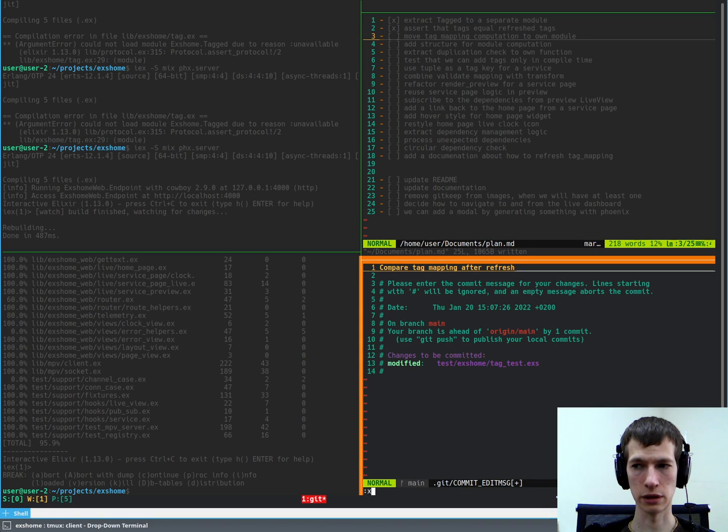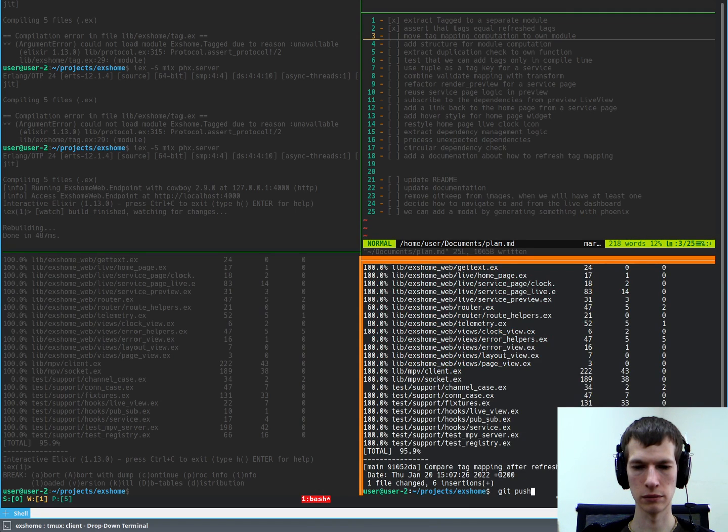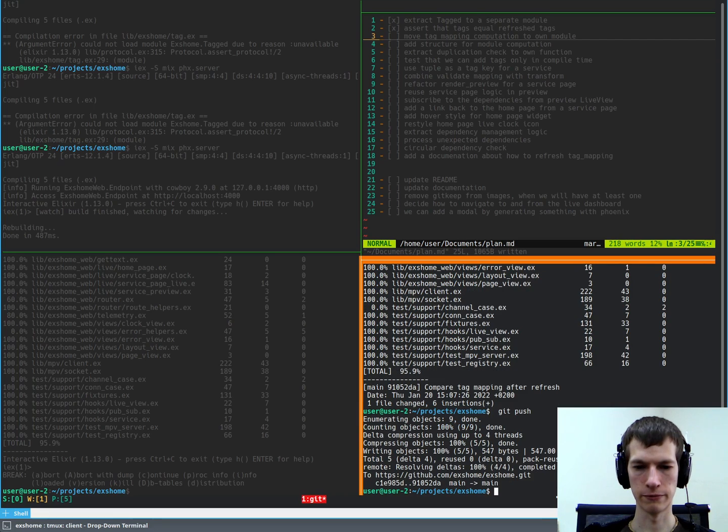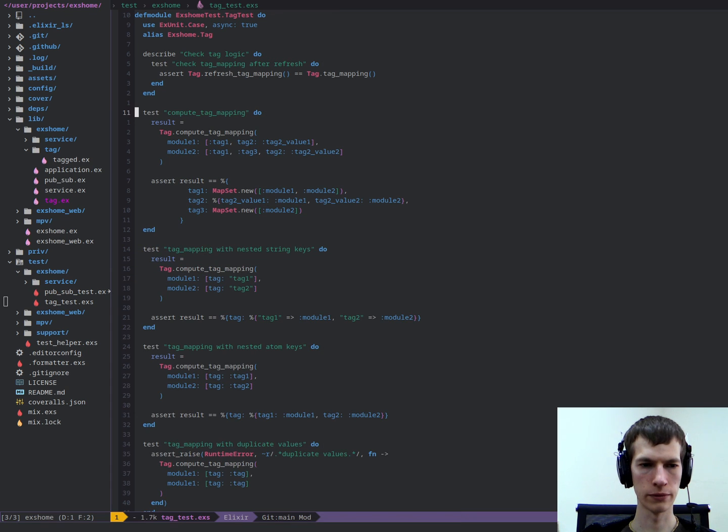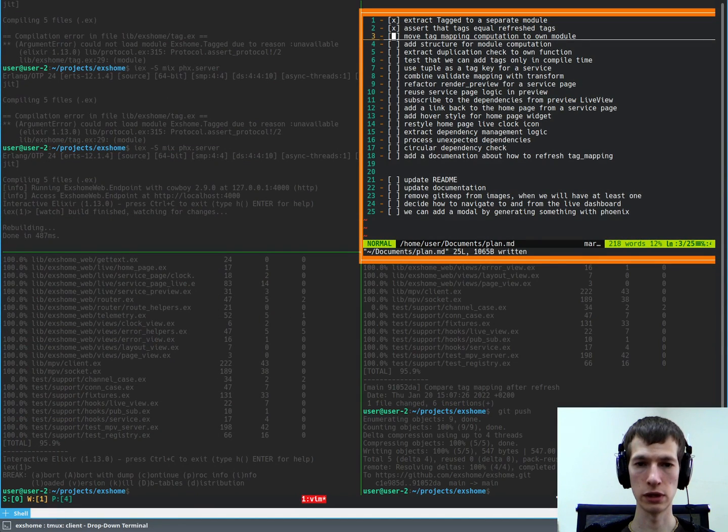Okay, I've created this file. Okay, let's move on. Move tag mapping computation to module